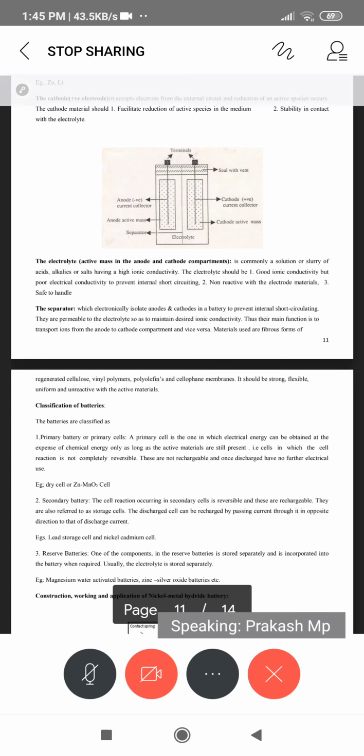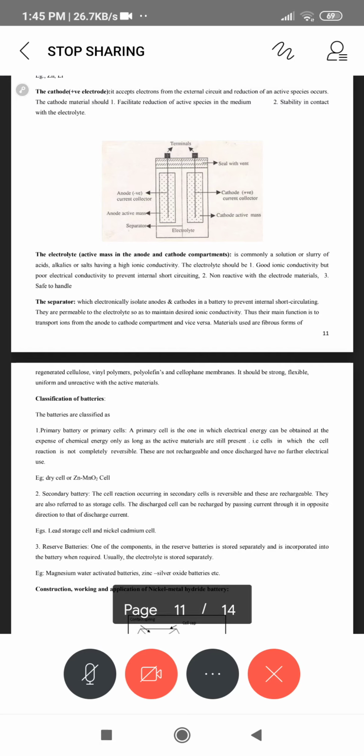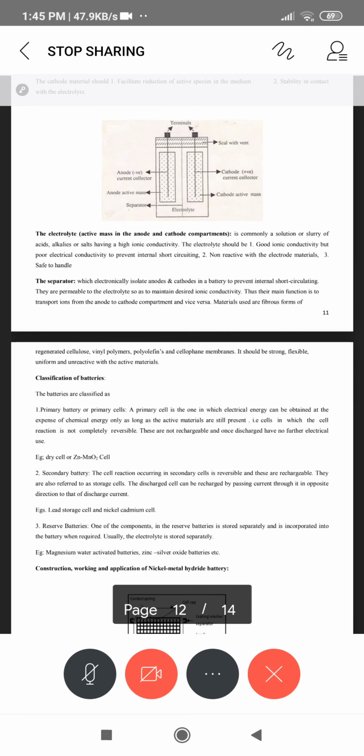Better anode will be selected, better cathode will be selected, and different electrolytes will also be separated. While we make it, copper is dipped into copper sulfate and zinc is dipped into zinc sulfate. Now, while we make it into a battery, they are connected one by one, and all electrolytes are also connected. Instead of two electrolytes, we are using one common electrolyte.